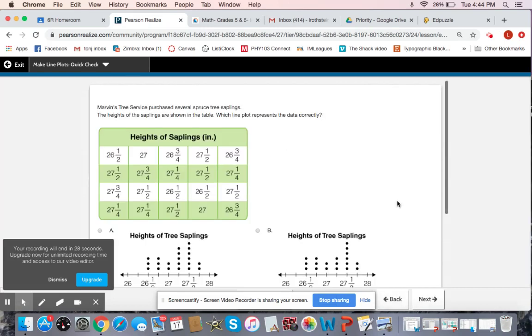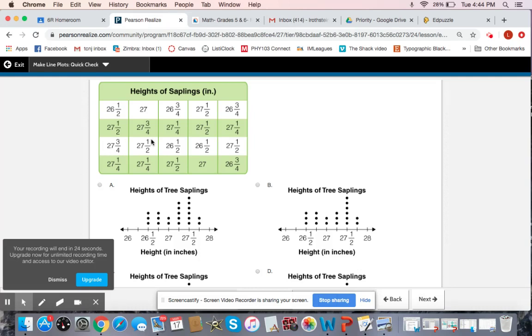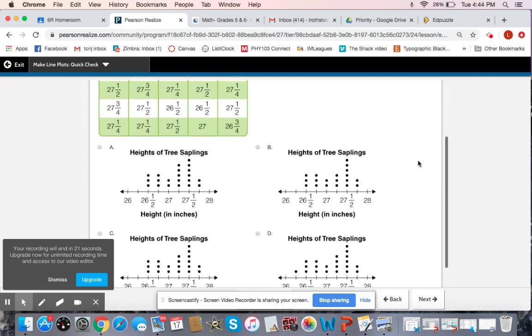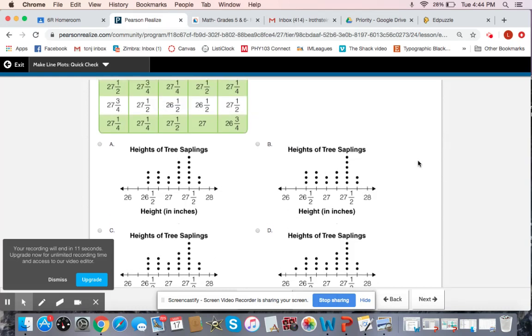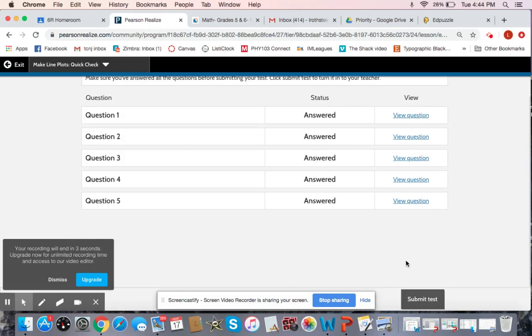All right, and the last one, I don't really have too much time for this, but again, if you just line them up and match all the digits, you end up seeing out of all of these digits that this one is correct. And if we submit our test,